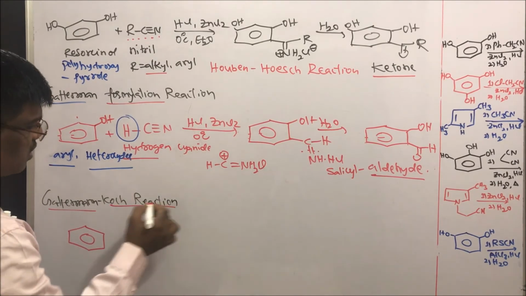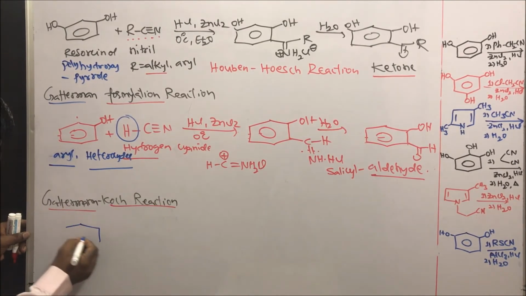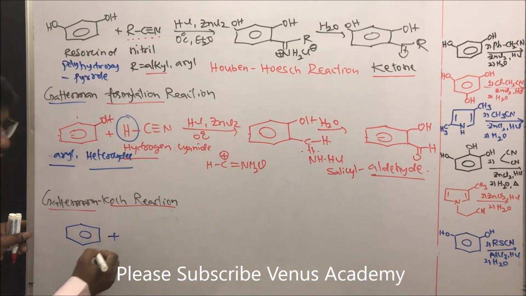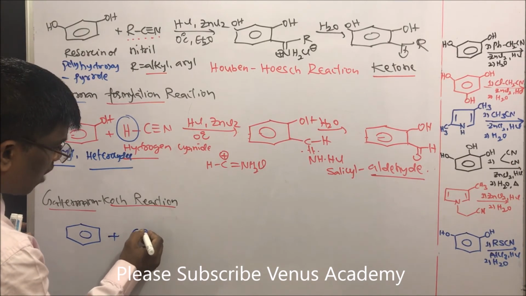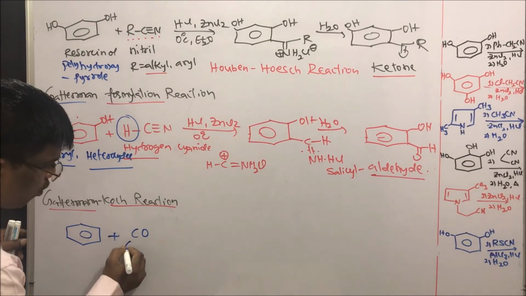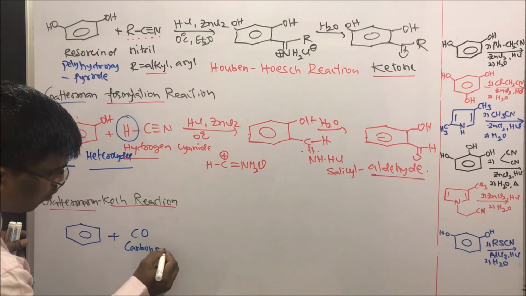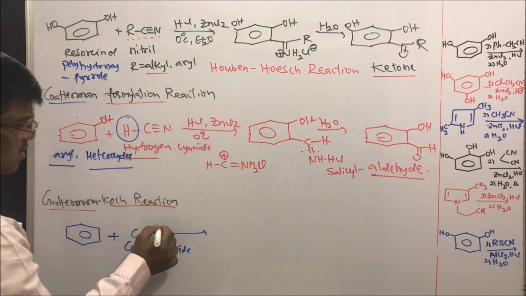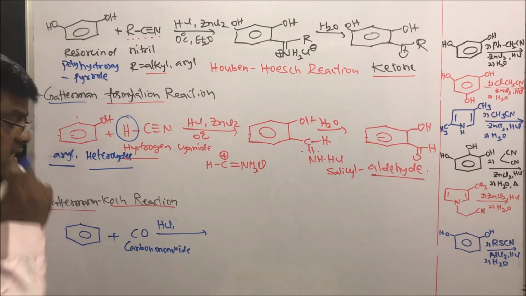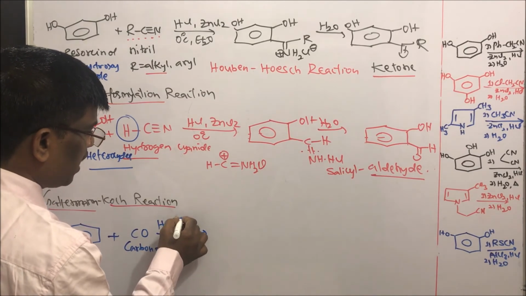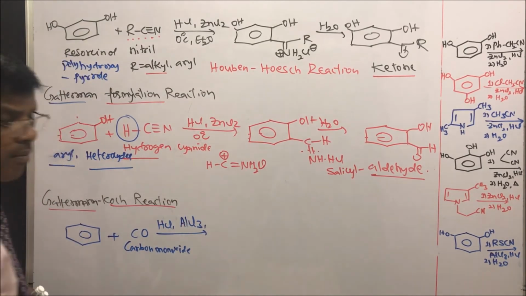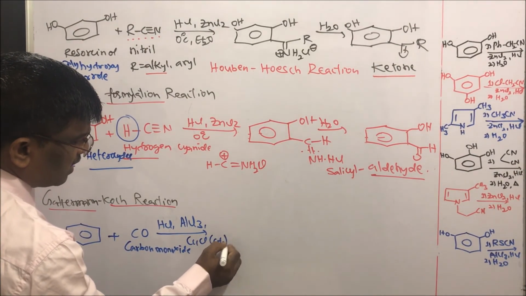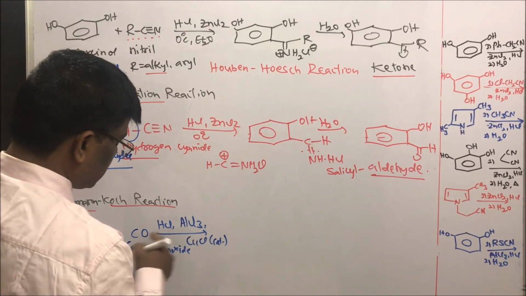When it comes to Gattermann-Koch reaction, the difference between Gattermann-Koch and Gattermann formylation is, instead of hydrogen cyanide, here the formylating agent is carbon monoxide. We are going to use carbon monoxide as the formylating agent, and remaining things are the same. So we pass HCl, and zinc chloride or aluminum chloride. Let me use aluminum chloride here, and sometimes cuprous chloride we use as a catalytic compound. Cuprous chloride as catalyst,